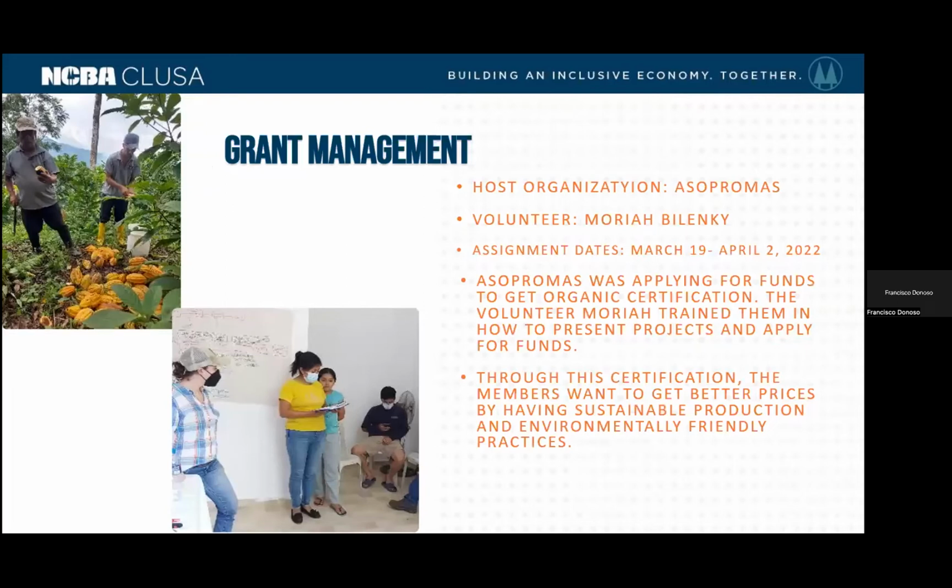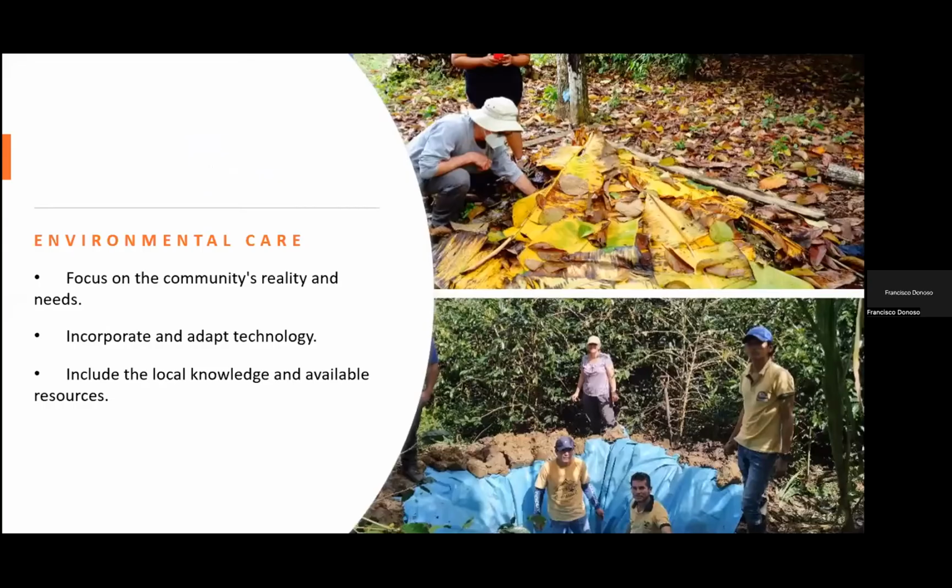Again, I'm going back to what I mentioned at the beginning. We need to understand the necessities of the organizations. So we also did, and they need, for example, resources to get organic certification, that kind of stuff. So in this case, we help them with some grant management training, so they get access to the funds to get their organic certification. So the main point, and just to finish, is